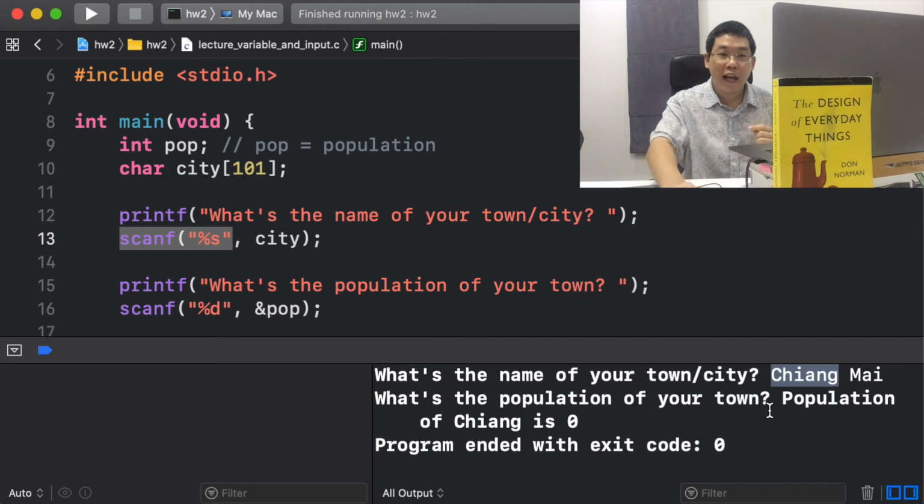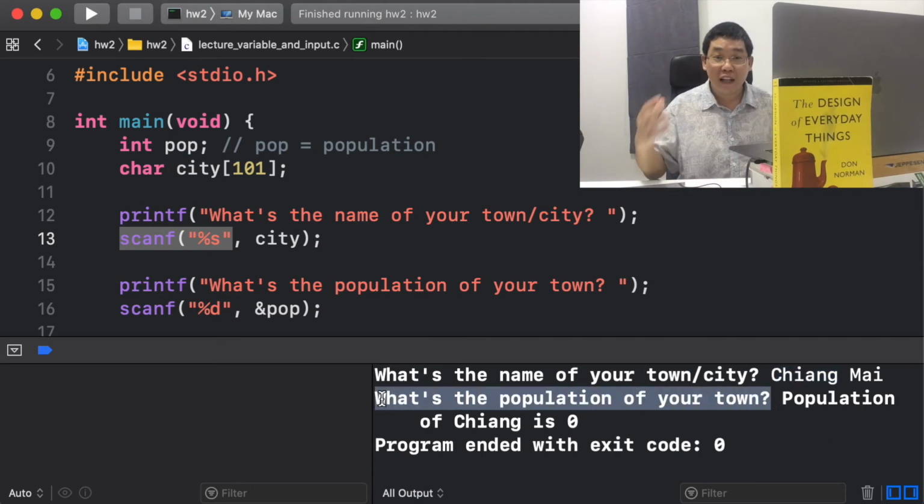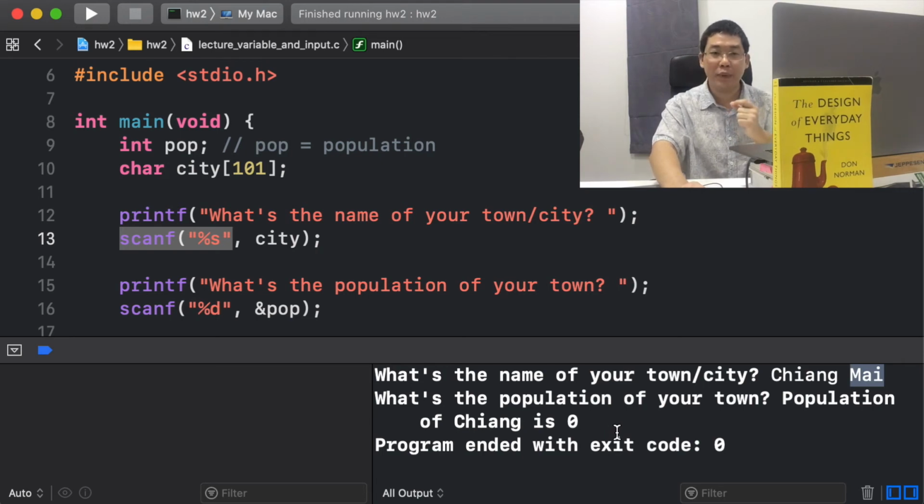And then when it asks what's the population of your town, it expects actually a number, but it gets the next token, which is my. And of course, that's not a number. So the variable pop will get an undefined value, which just happens to be 0 in this case. And then the program ends.